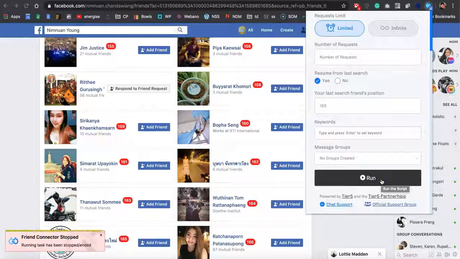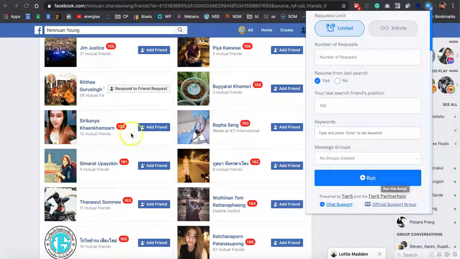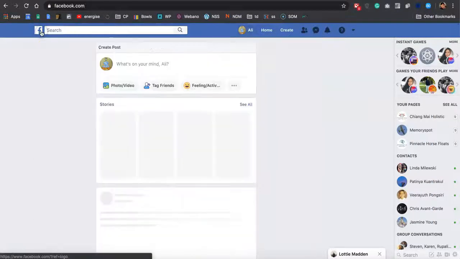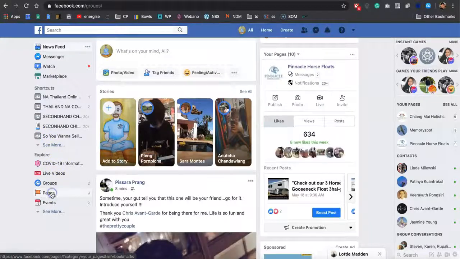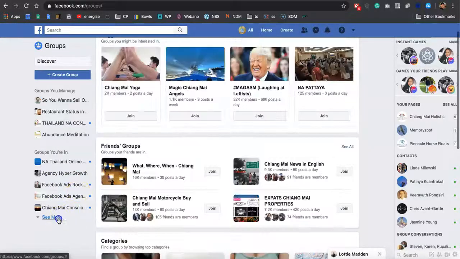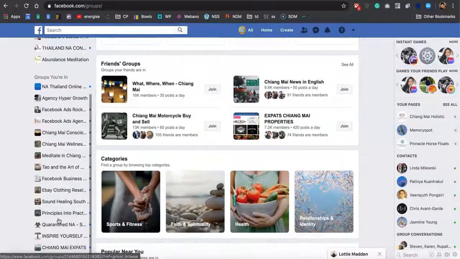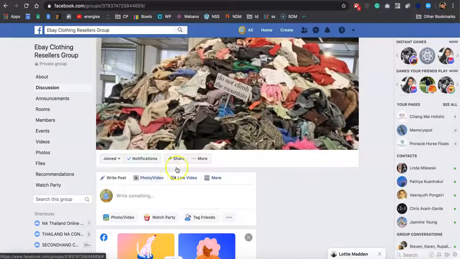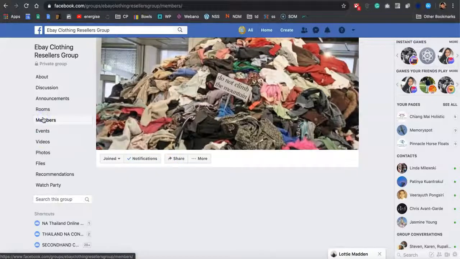Now the real magic is when you start getting into groups. Let me come over to my Facebook over here. Let's come to some groups. And let's say I want to target, I don't know, what groups have I got in here? Just say an eBay clothing group. Let's see if it's an open group. I can come over to members